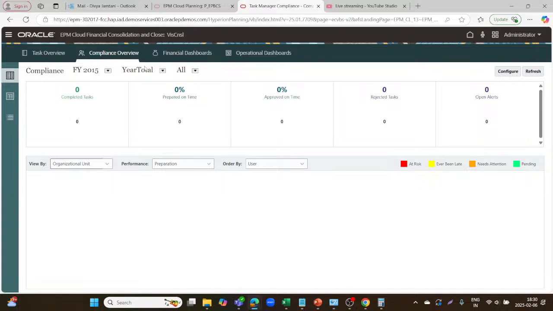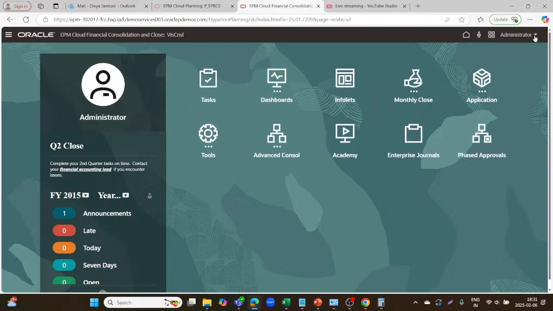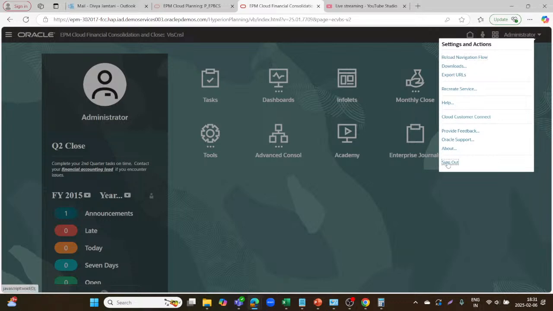So you can filter the list of journals by performance and change the order of the list. That we just have done, like user, you can change the order of the list as it is required. Admin can see all the available journals in the system, while users can see all the journals which are assigned to them. So now if we log in at their end, what we'll be able to see, let's see. So if we log out,